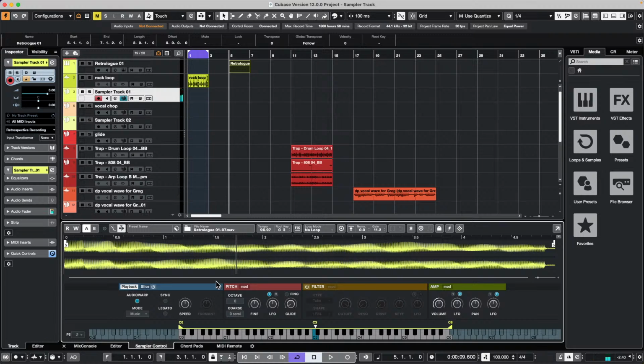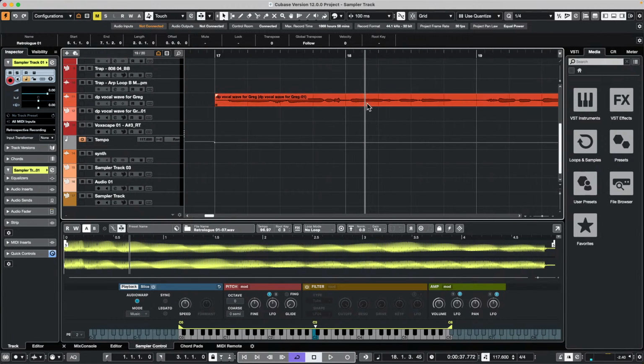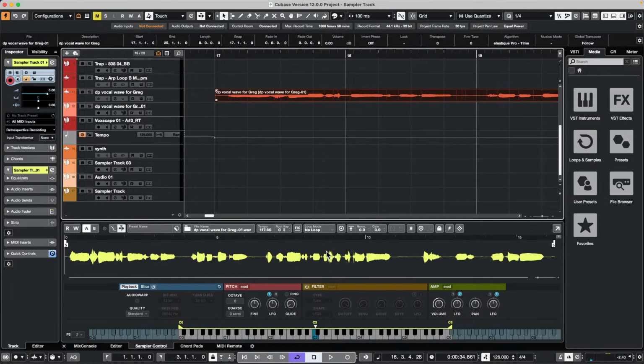Whatever sample I have, I could just drag and drop that sample in and be able to play harmonies if I wanted to. Even if we have just one particular phrase, let's say I wanted to take this and replace it. And if we put this into